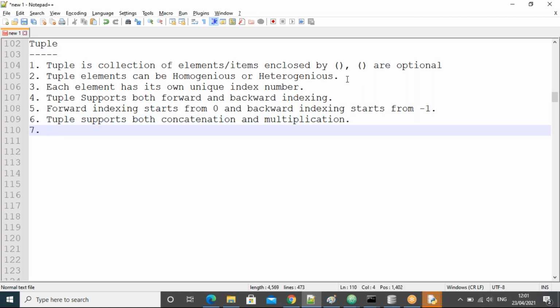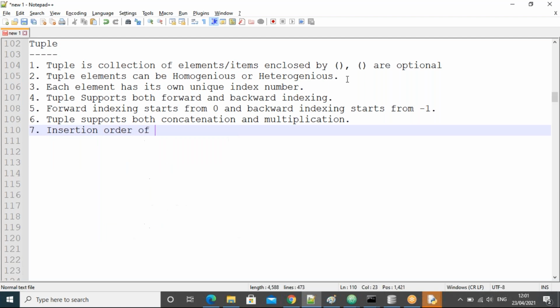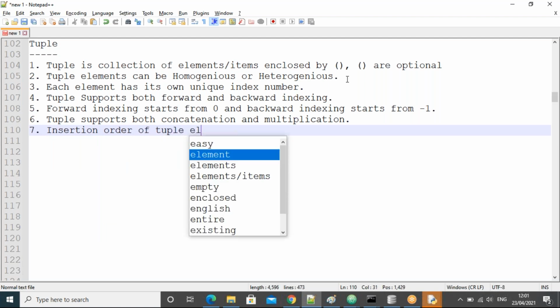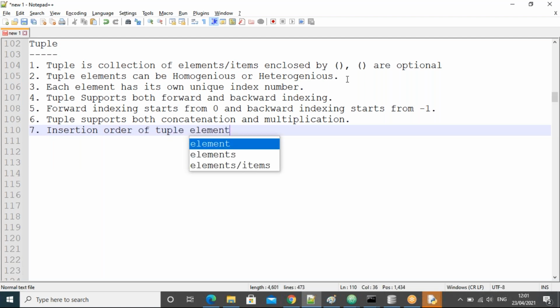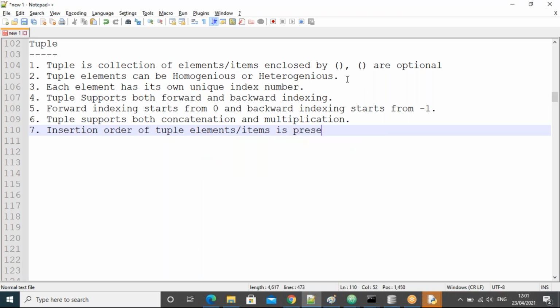Next, guys. Insertion order of tuple elements is fixed or preserved. What does it mean, all of you?